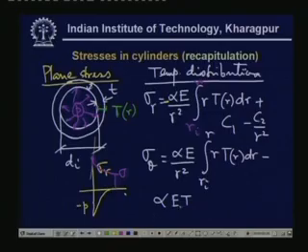You see alpha times T has the dimension of strain and times Young's modulus gives the dimension of stress. So, this is very much clear, that is consistent in dimensions, then C1 plus C2 by r square. So, this is the case for temperature distributions and the plane stress. Again the solution looks a little different when you go to the plane strain problem. We are not going to do that, but this is very